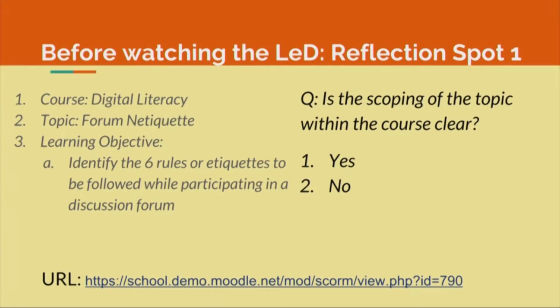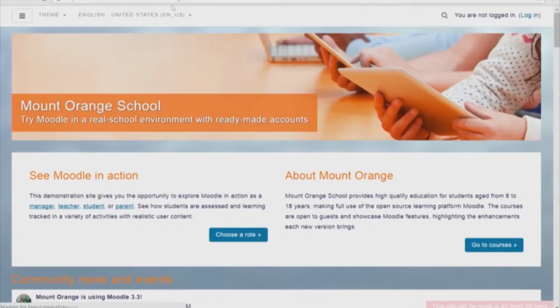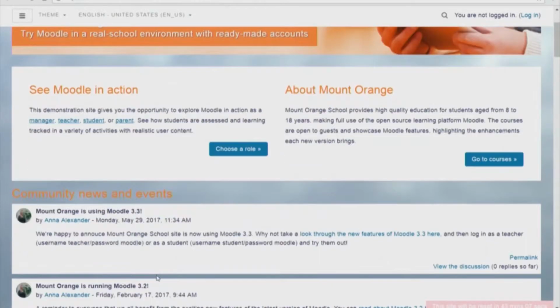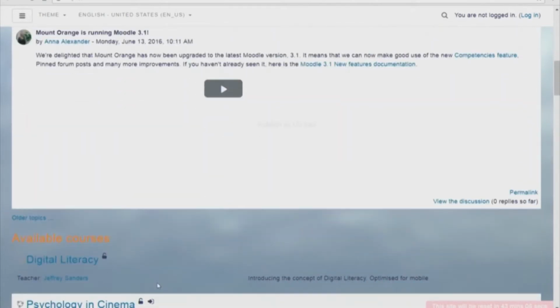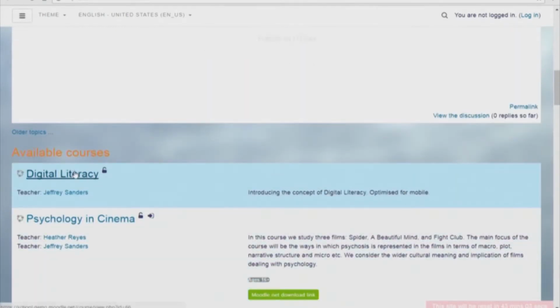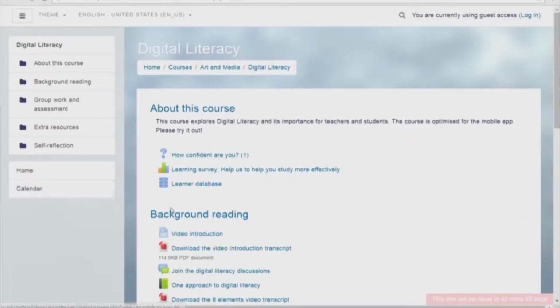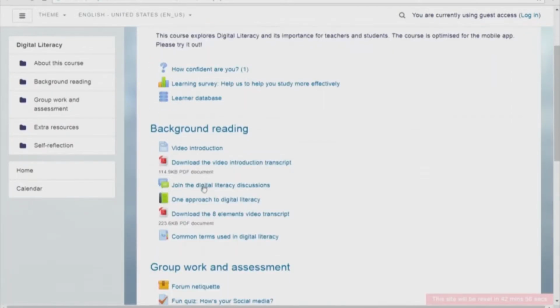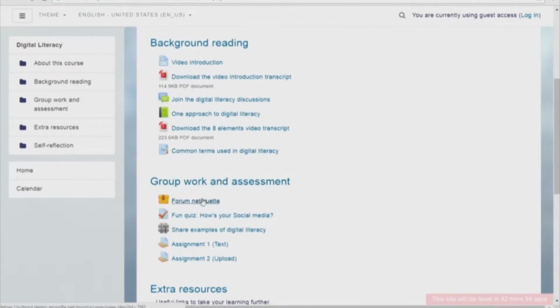So you can say yes or no. It is your individual choice, I am not going to interfere at this point, but what I am going to do now is open this. So this is the digital literacy course. In that there are a lot of topics. I am just looking at forum netiquette, okay,